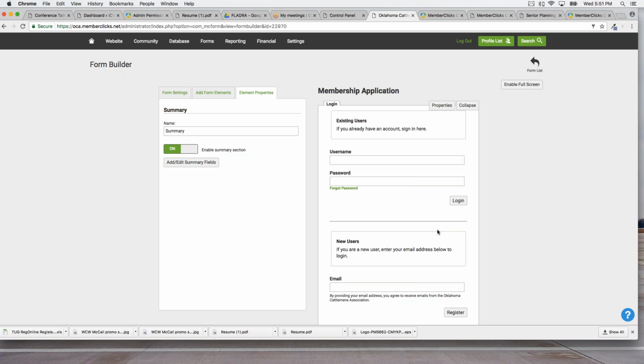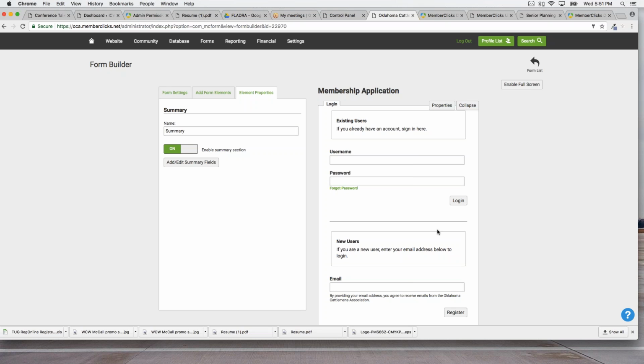Do you happen to have an incognito window or something on your computer by chance? I do not. That's okay. Testing these forms is a little bit cumbersome. If the system recognizes you as an admin, it's not going to let you test the form. So the best practice, and I'm going to send these in a follow-up email, in testing these forms is logging out of your MemberClicks system, opening a separate browser, and then going to